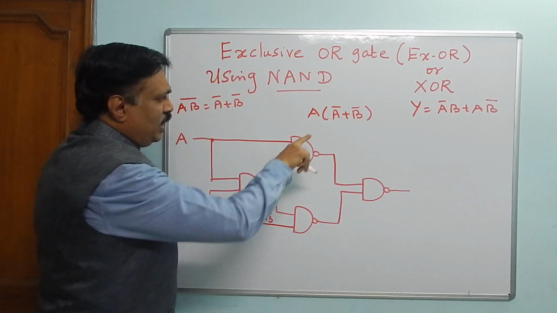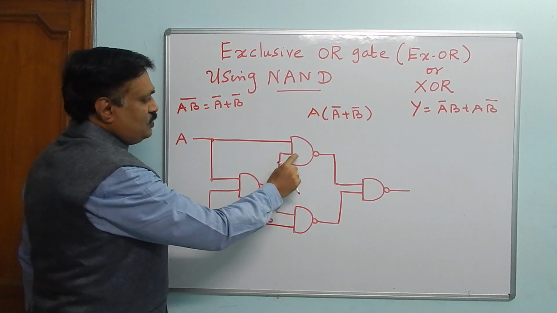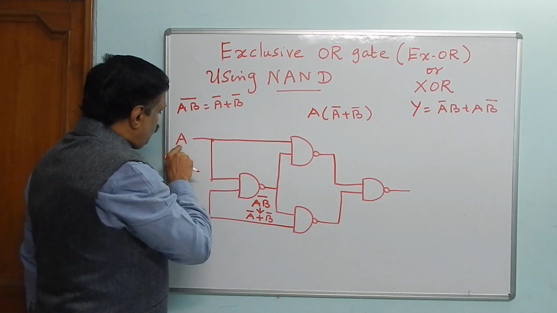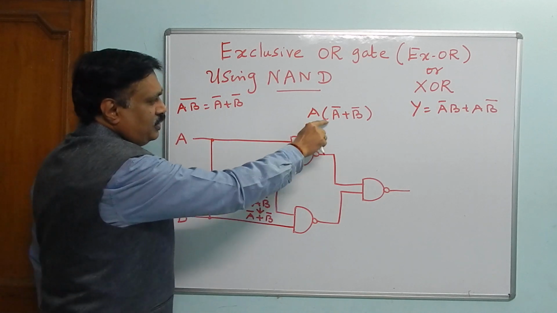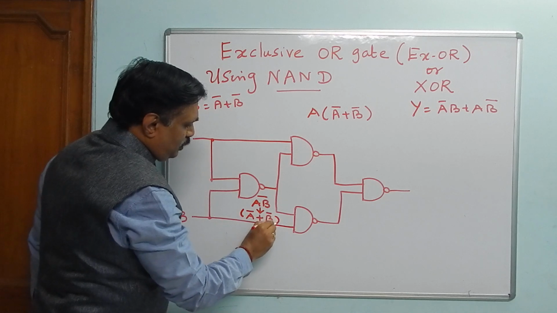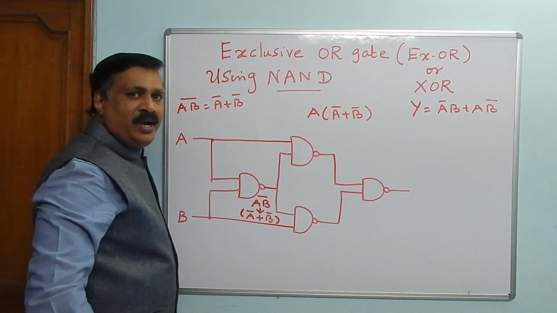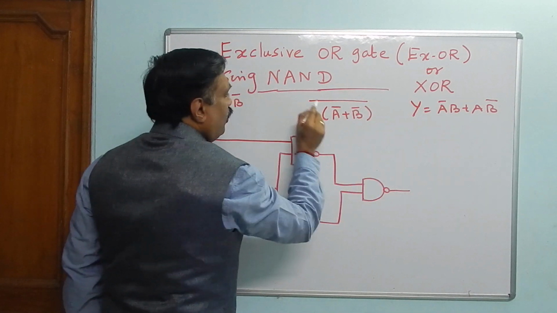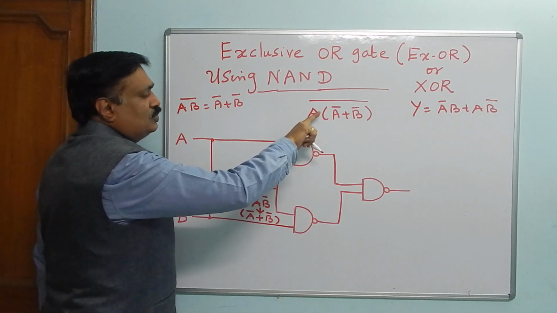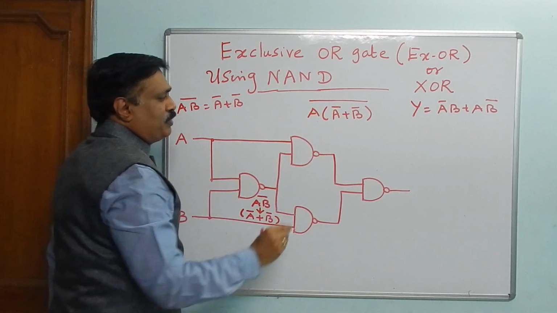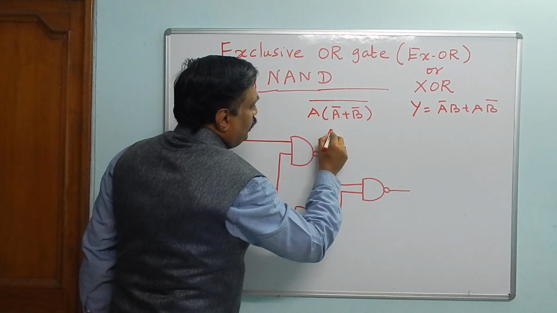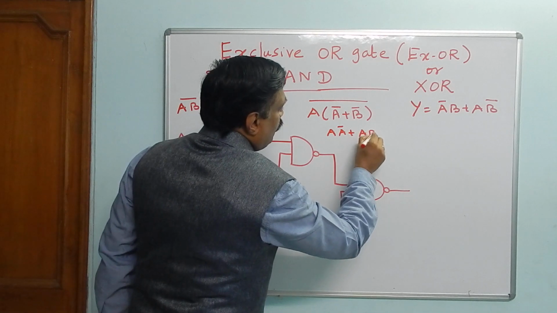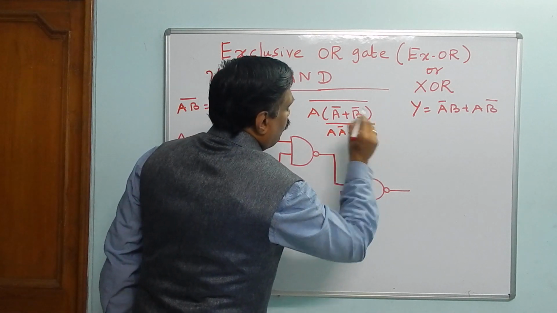First AND gate, because if you remove this, it is AND gate. Therefore, this is one input and this is another input. Okay, this is another input. Therefore, both are multiplied and then it is ORed. Both are multiplied and it is ORed. Okay. Now you multiply this. If you multiply this, you are getting A bar plus A B bar and whole bar.